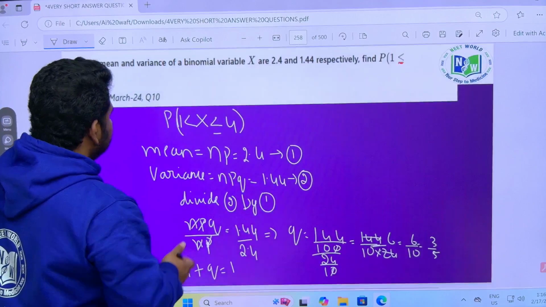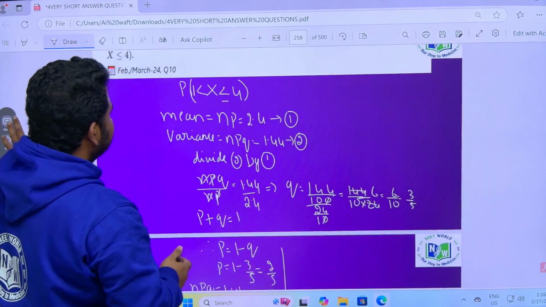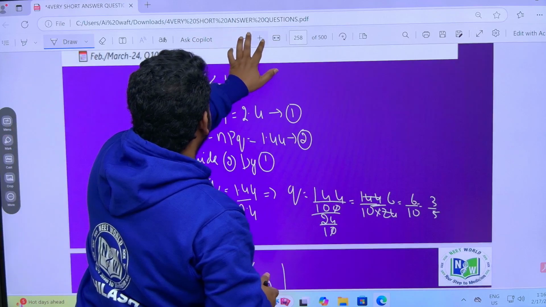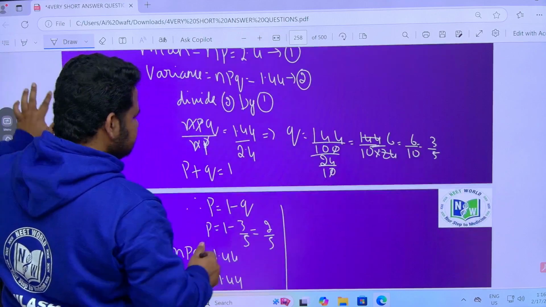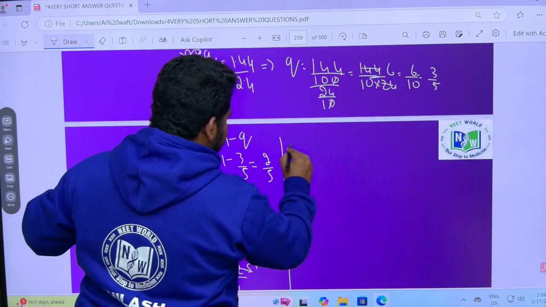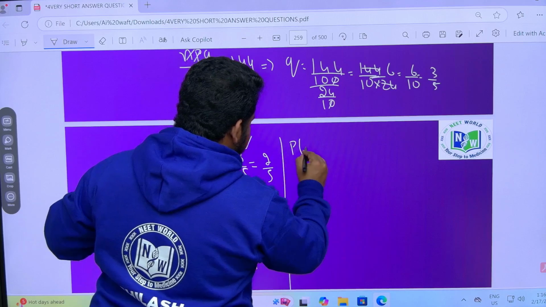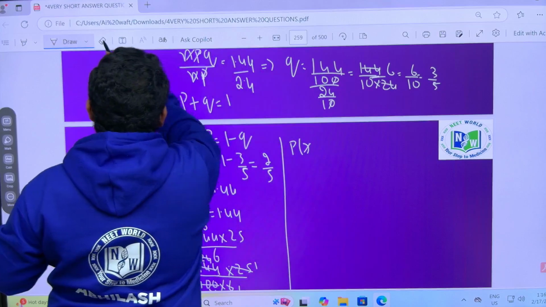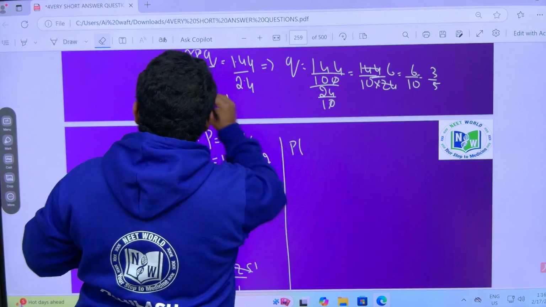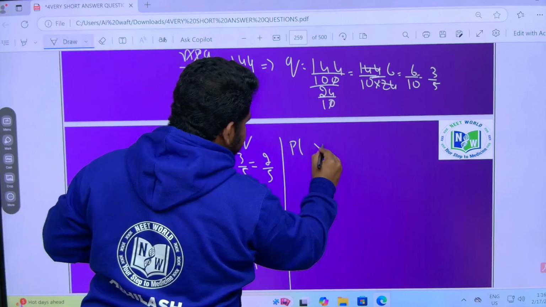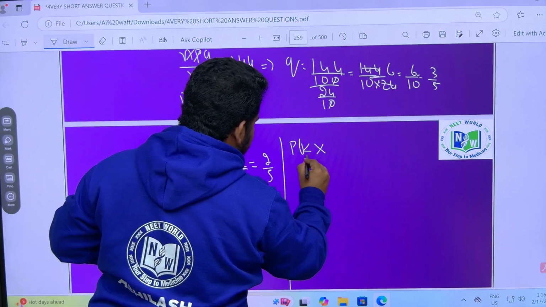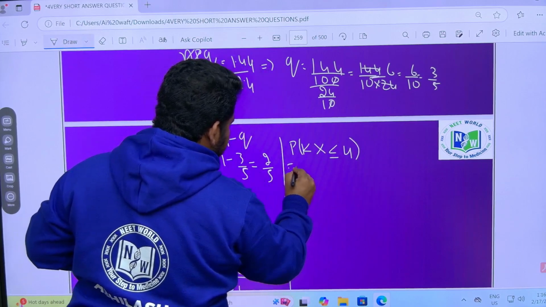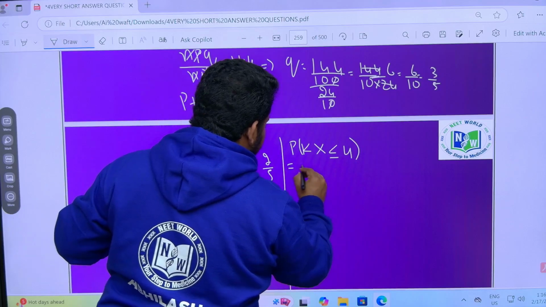We have to find out P of x greater than 1, less than or equal to 4. P of x is greater than 1, less than or equal to 4, we have to find out. So that is equal to what? That is equal to, we have to find out P of